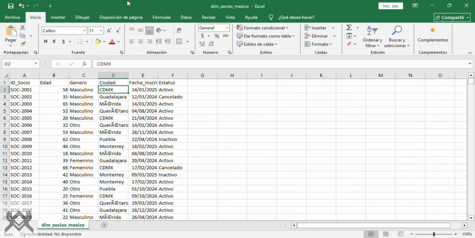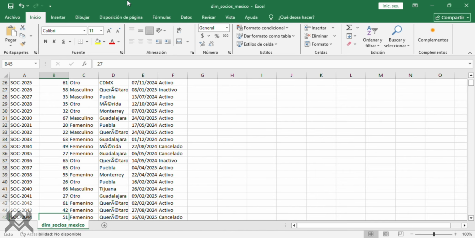The same idea as in the other CSV file: this column has some strange characters. We need to clean and remove or modify these characters, and some data is null.